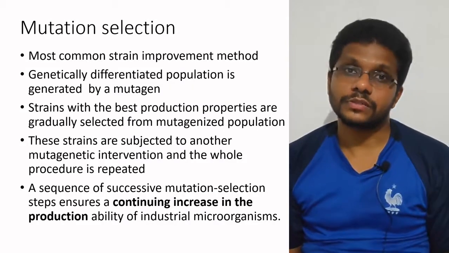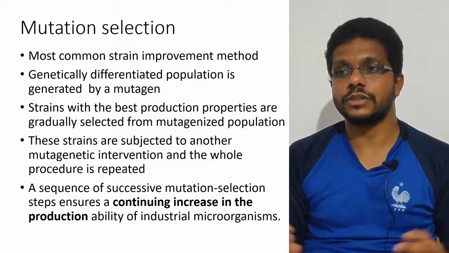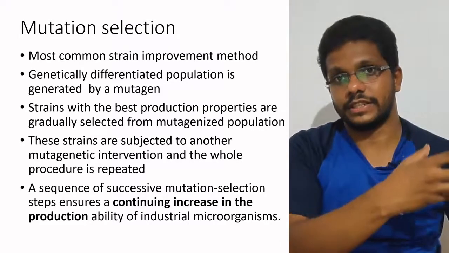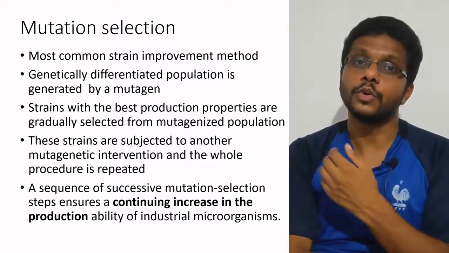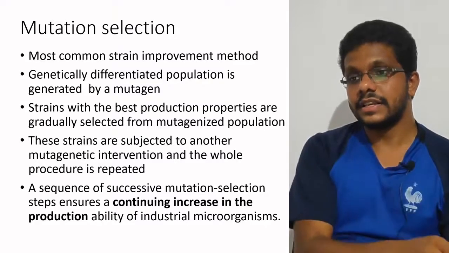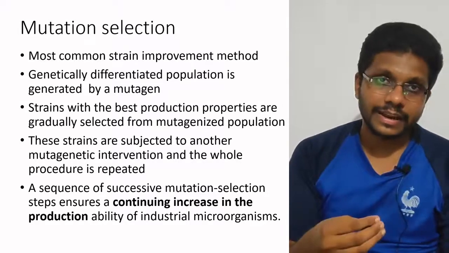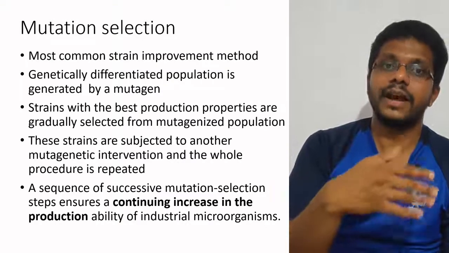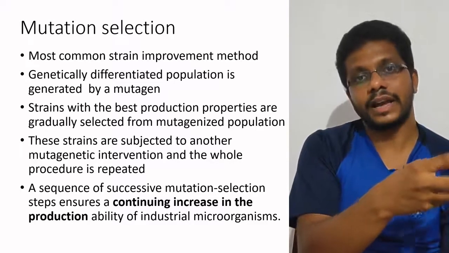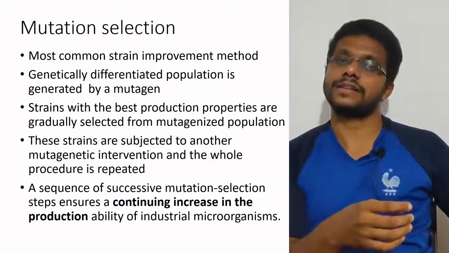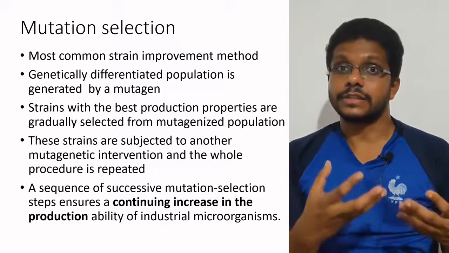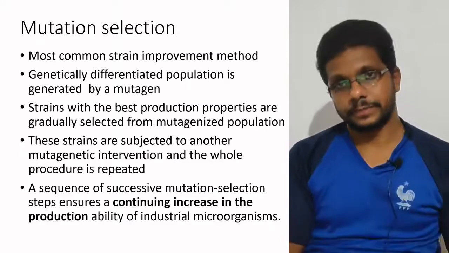So we will isolate all of these microorganisms, all the different variants produced by the mutation, and we'll analyze for the bacteria which has the better qualities. We basically look for improvements in this strain. Then once we identify the strains with the better characteristics, we will isolate the bacteria and mutate it again. In the next round also we will look for betterment of the characteristics, and we will isolate the improved strains, then go for another round, and this process will go on forever. So that's why there is a continuous increase in production by repeated mutation.